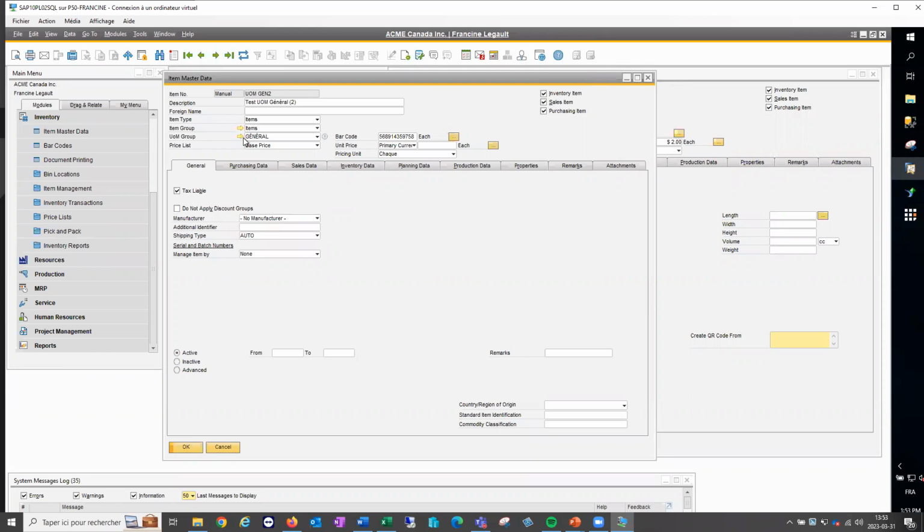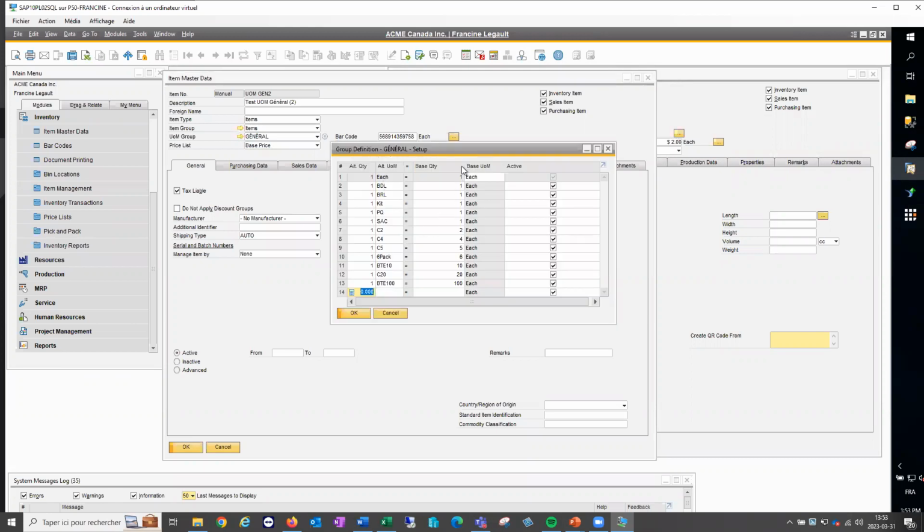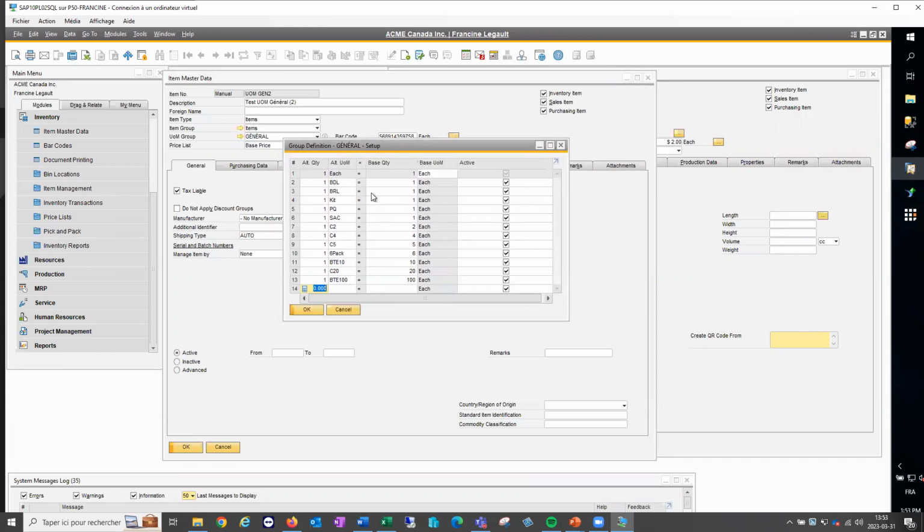So what they did is create a general unit of measure group, which included all the units of measure that they were using. Although it's pretty simple to use in SAP, everything was going fine in SAP. There was no issue there. The problem was when we tried to install WMS on that kind of database.